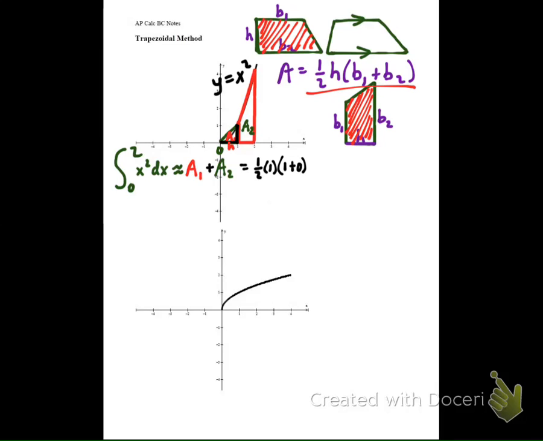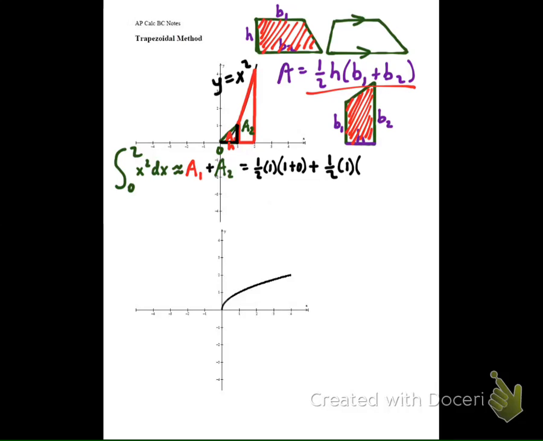Well, 1 times 1 is 1, and 1 times 1 times 1/2 is 1/2. So anyway, that whole thing is going to be 1/2. Okay, plus. Now let's find the area of the second trapezoid. The area of the second trapezoid is 1/2 times the length of the subinterval, okay, times the sum of the